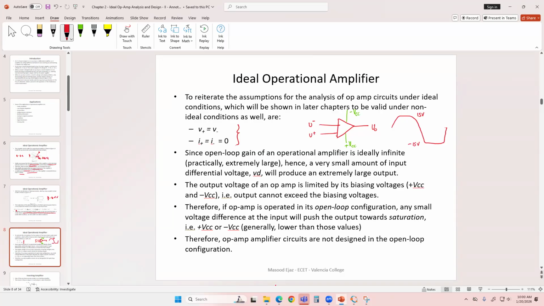So you're never going to achieve 41.89 volt amplification from the circuit. Real circuit. Of course, in the quiz, we did not assume all those things, right? But if I tell you that your biasing is 15 and negative 15 volt, tell me what will be your output voltage. And as soon as you see that, oh, my output voltage is 41.89 volt, then your answer